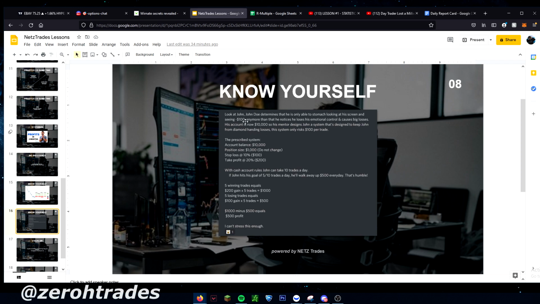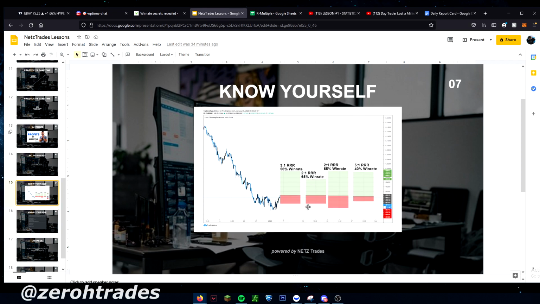This example right here, I really like it because it talks about how John knows himself because he knows that the max he can see on his screen is negative 100. So that's something important to identify. You should identify what's the max you can lose on any given day. If you're down $500, will it matter to you? Are you able to stomach that? You've got to identify that for yourself. And once you identify that, you can come over here and adjust your strategy based on what you identified. So let's say a 1R is $50.